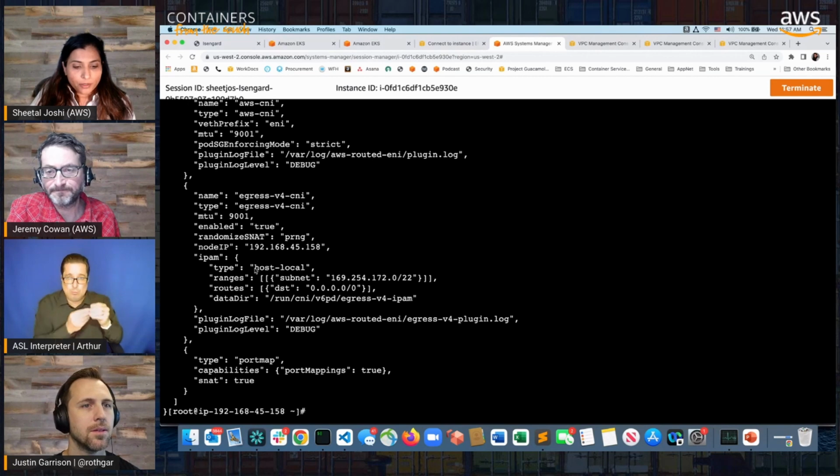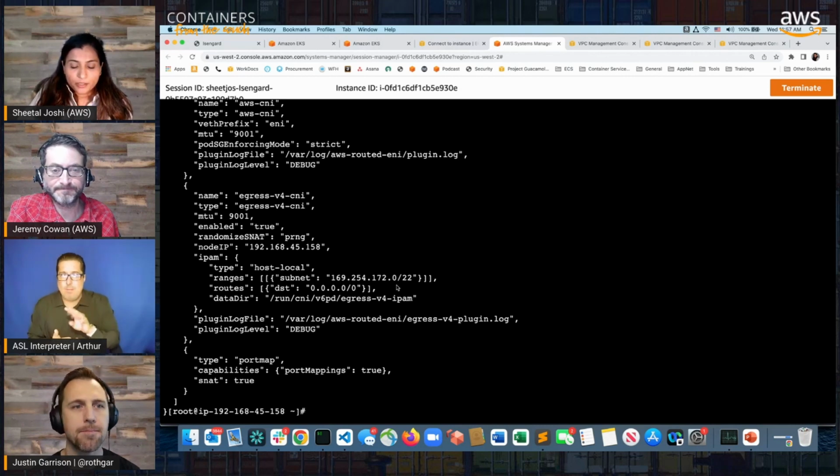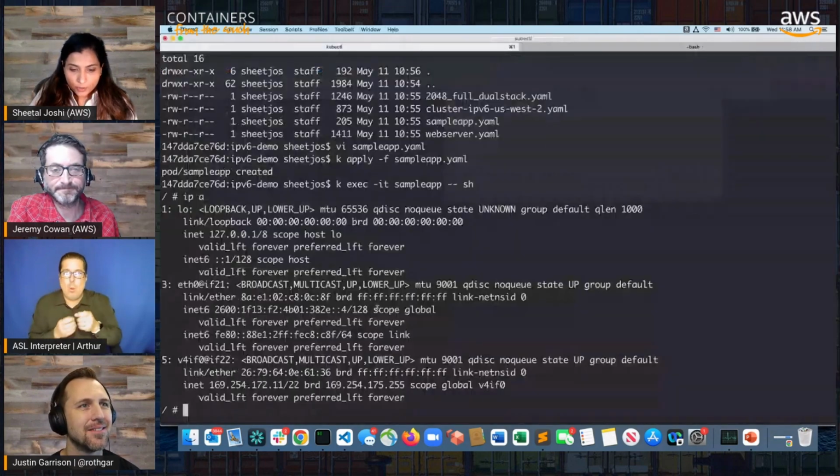And for that, we configure a host-local IPAM type and use a subnet range 169.254, which is from the host-local non-routable CIDR range, and /22. And /22 is almost around 1,000 IPs. And you might ask, why only 1,000, wherein you're configuring a /80 IPv6 CIDR versus a 1,000 range CIDR for IPv4? But typically, you would exhaust the node resources before you exhaust the IPv4 IPs here. And let's go back and look at